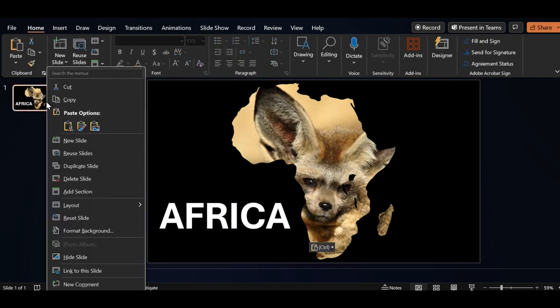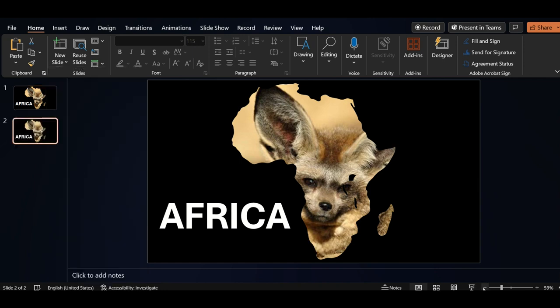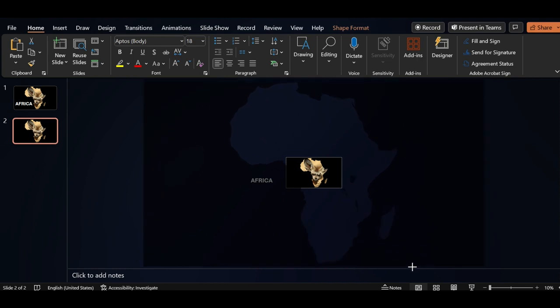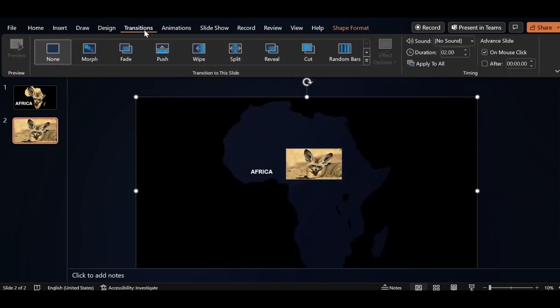Click on right button, duplicate, zoom out the slide, select text box, shift to left side, select this and increase size like this. Now go to transition, select morph,